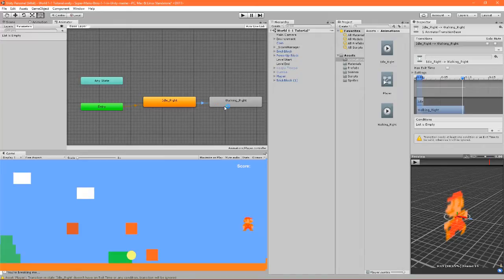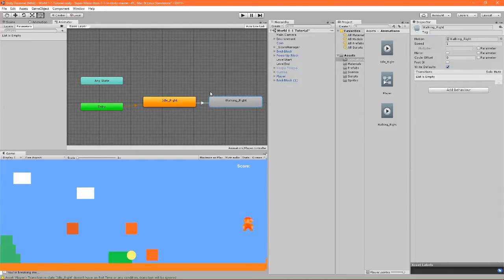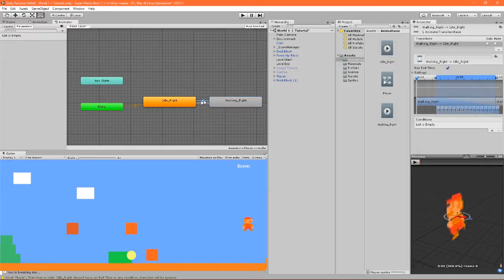So from there, we want to have a state going. We want to be able to go from idle to walking, but we also want to be able to go back to idle, and that's why we're continuously running. So let's right click on idle and go to make transition. Go here, select, and then we're going to want to drag this